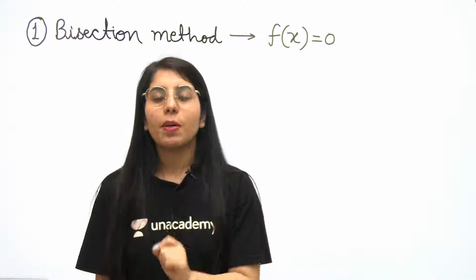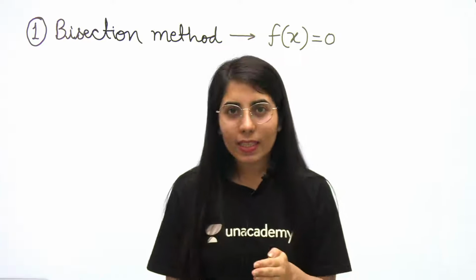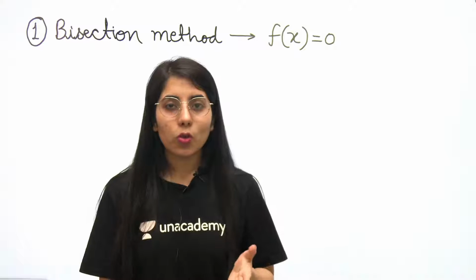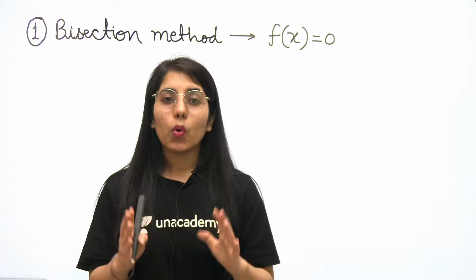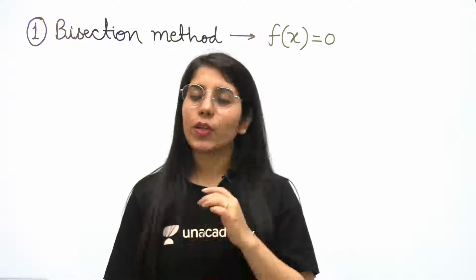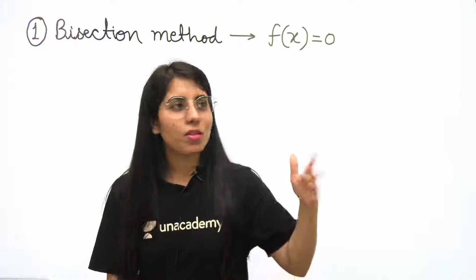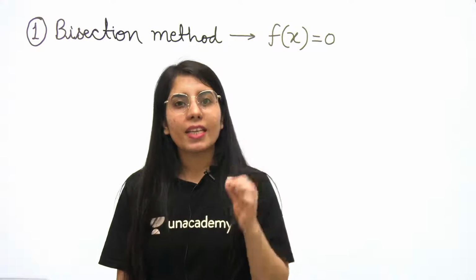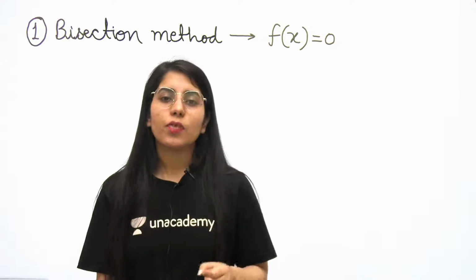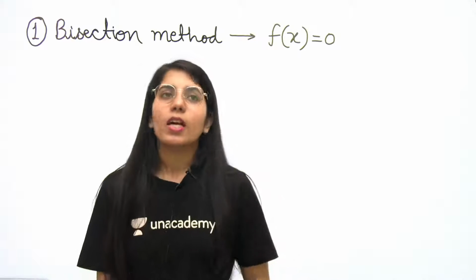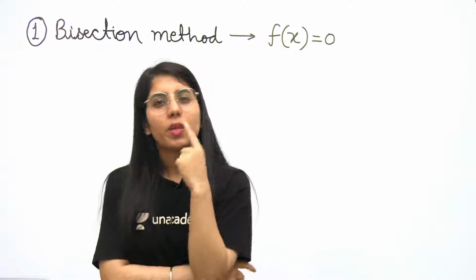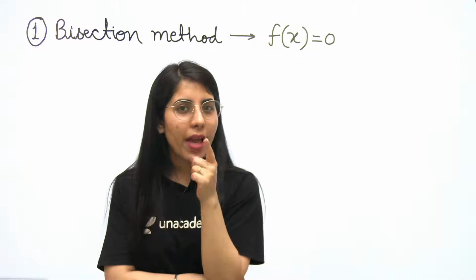Normally for numerical techniques, you select a particular method only when it is mentioned in the question, that use the Newton-Raphson method, use the trapezoidal rule, or this method or that method. If it is clearly mentioned, then you will use that particular method. Or even in case they have provided you some hint, for example, this step size has been given, then with this step size I'm going to get some idea or some hint.